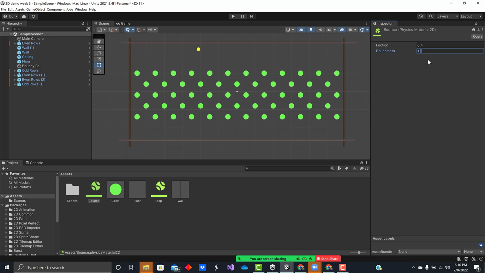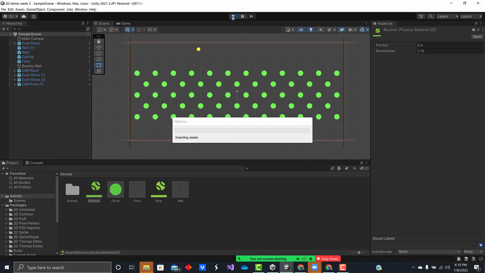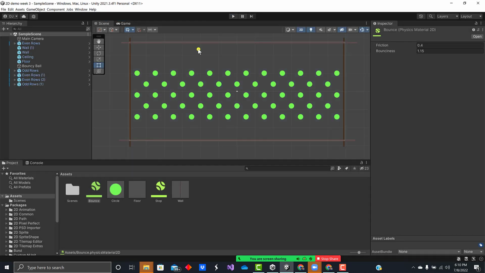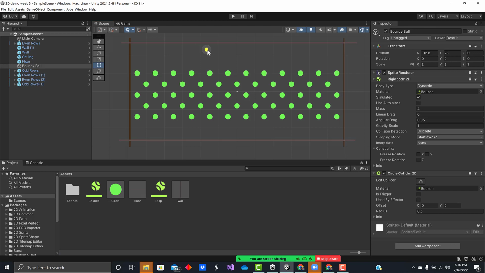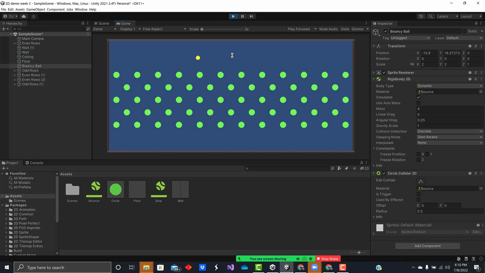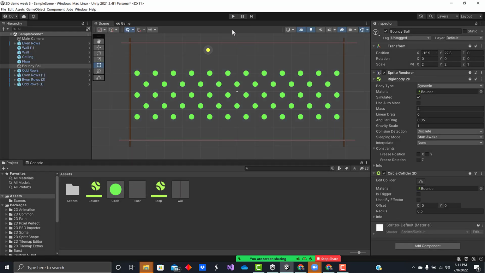Let's go 1.15. Move its starting position. Okay. Now we got a little like drop thing to get it to navigate through. Let's see about